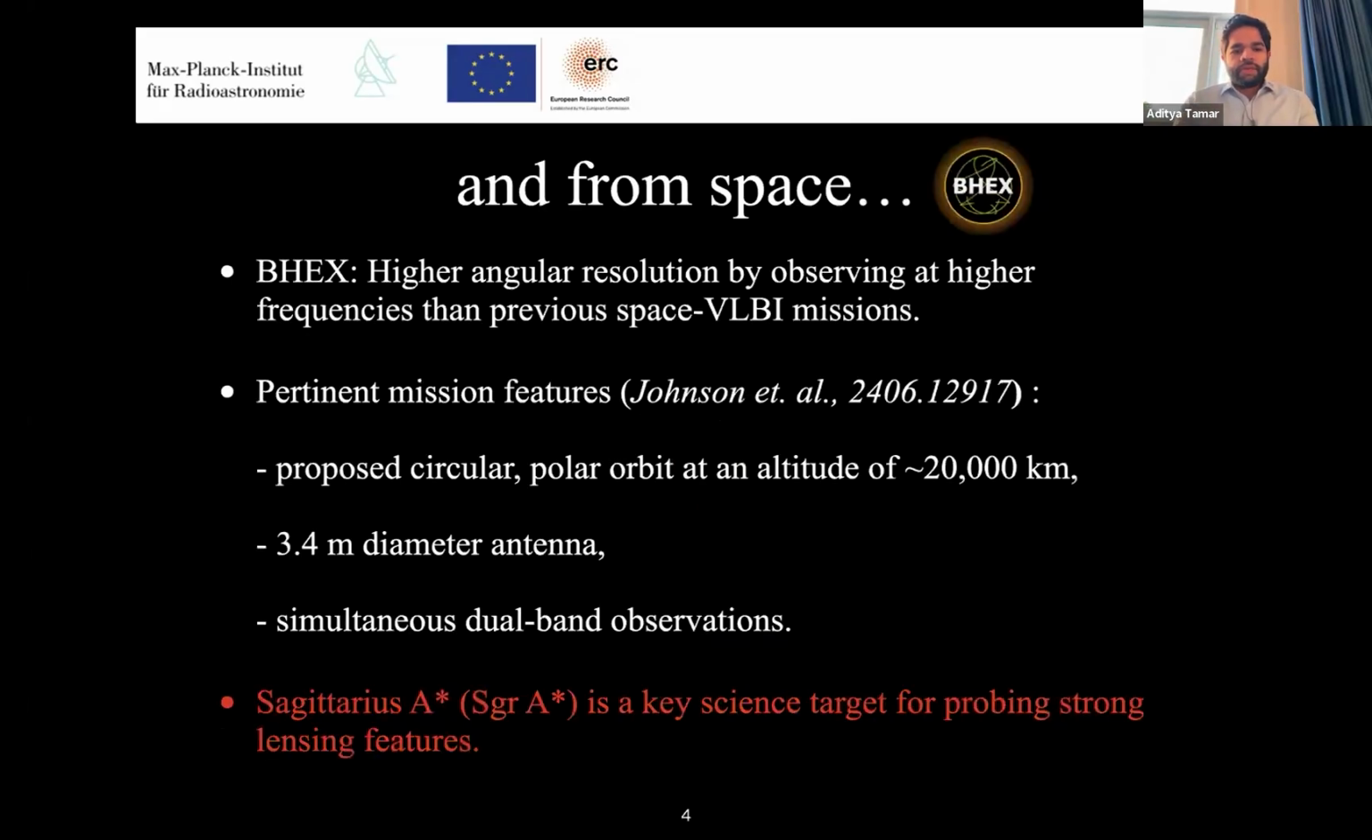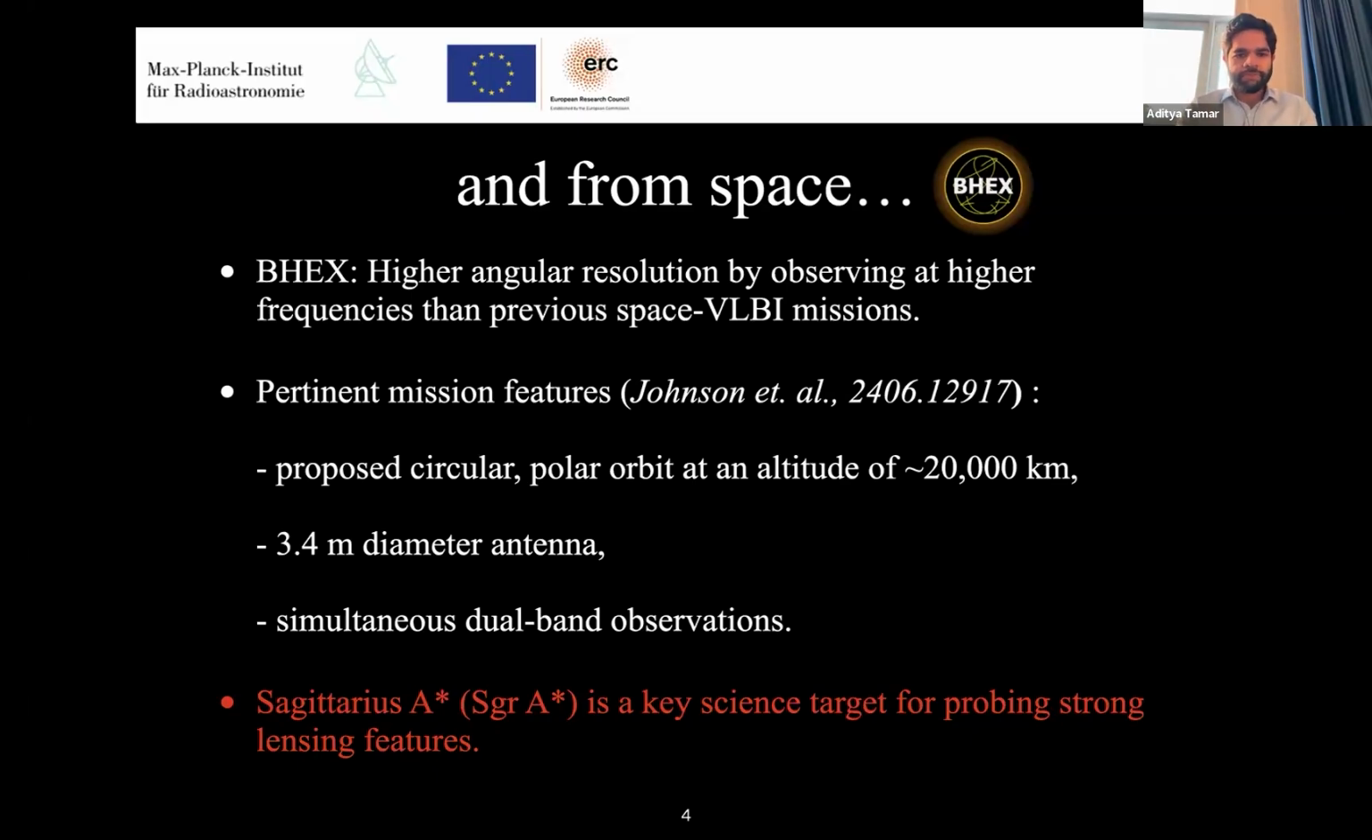From space, we have the Black Hole Explorer mission where, compared to previous space VLBI missions, there's a promise of high angular resolution because we're now observing at much higher frequencies. The pertinent mission features for this talk are that we have a circular polar orbit at around 20,000 kilometers, a 3.5-meter antenna diameter fixed by the fairing size, as Michael mentioned, and simultaneous dual band observations. And of course, since it's close and big enough, Sagittarius A star is this key science target for probing the